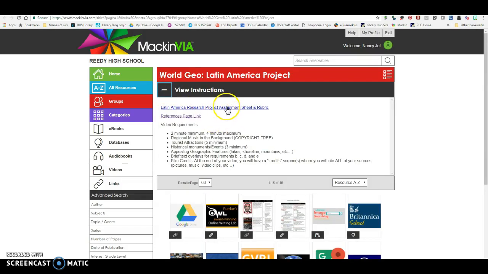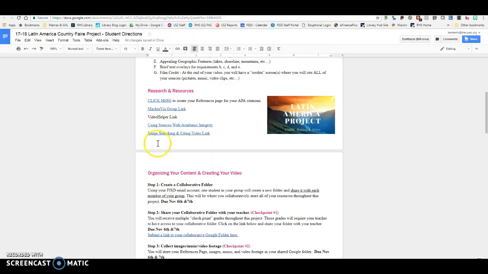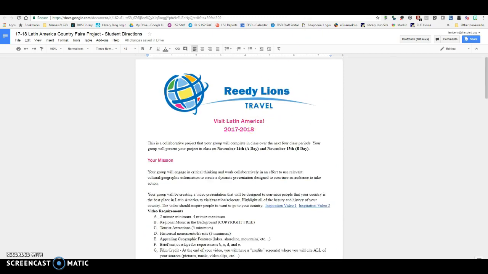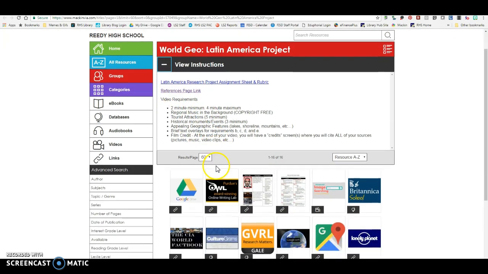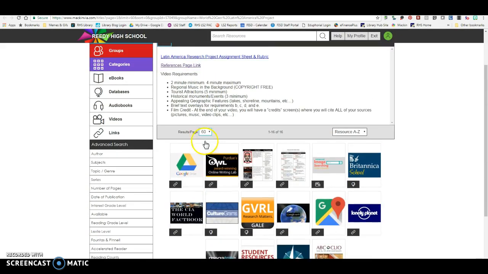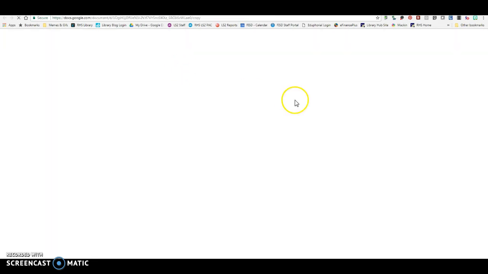Your instructions for this assignment, the assignment sheet, that's this document right here. That is linked here. Your references page, I'm going to go over this link in just a minute, and then these are the requirements for your project. So one of the first things you're going to need to do is click on this references page link, and